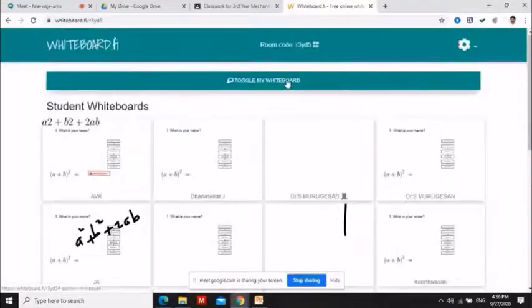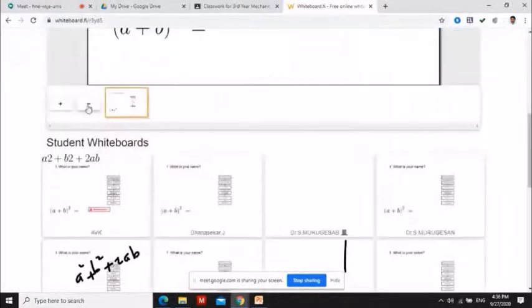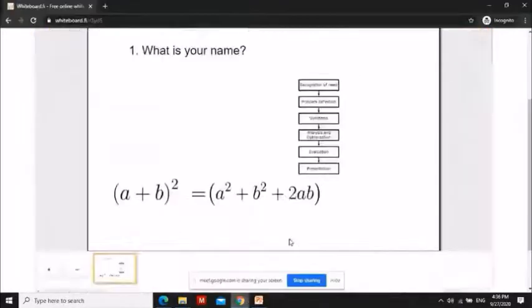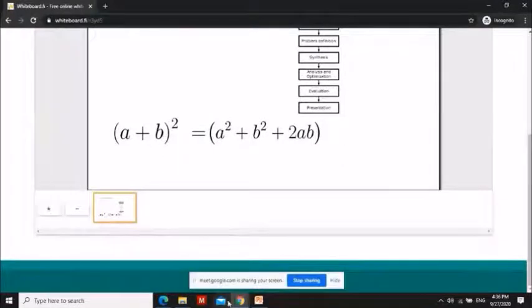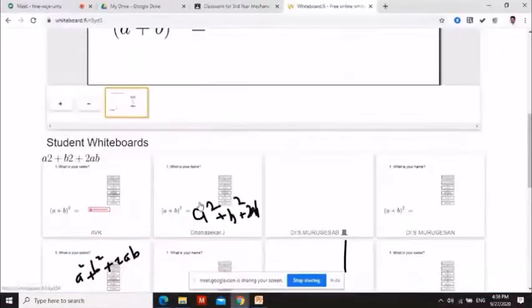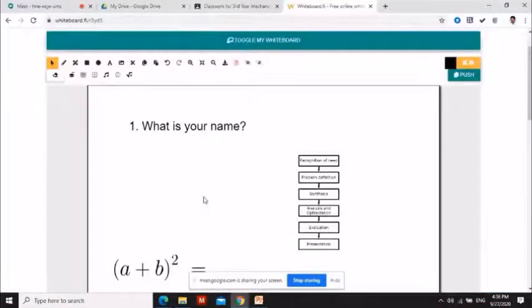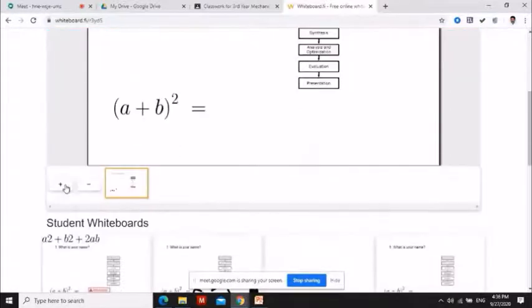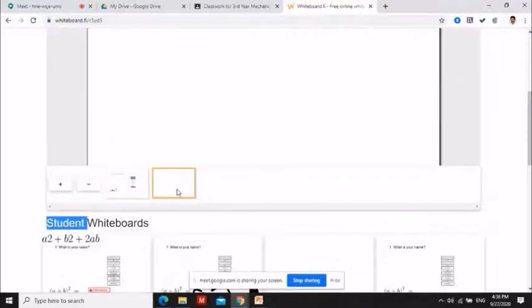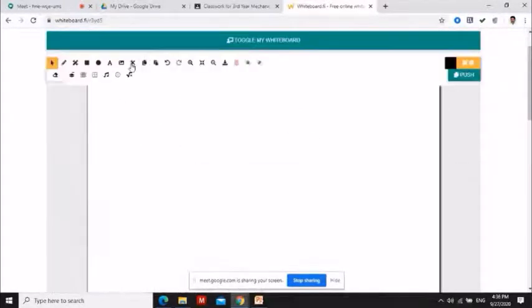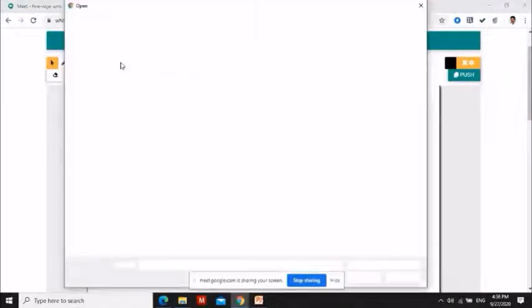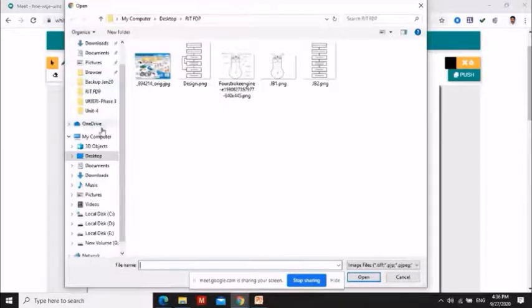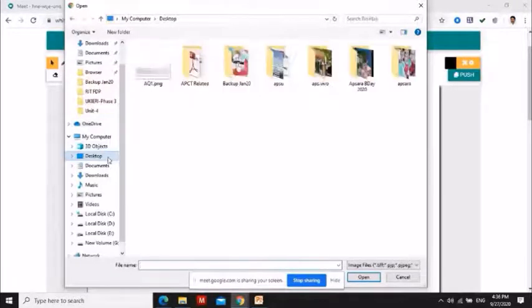Okay, this is a single page. I can go on increasing the number of pages. Like this, students also go on increasing the number of pages. That is whiteboards. So you can have the theory questions in one whiteboard, and I can go for the second whiteboard. So I can have some images. That depends upon your plan of your class. Whatever you have planned, accordingly you can go on increasing the